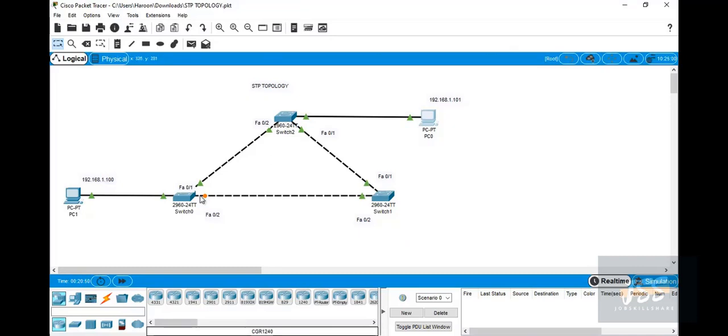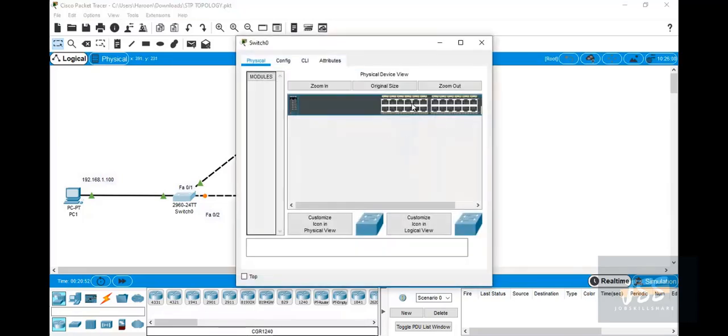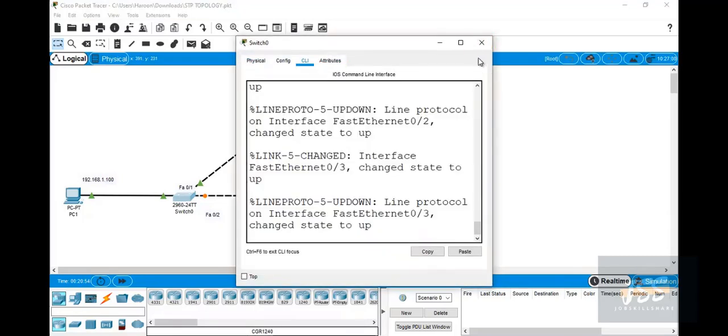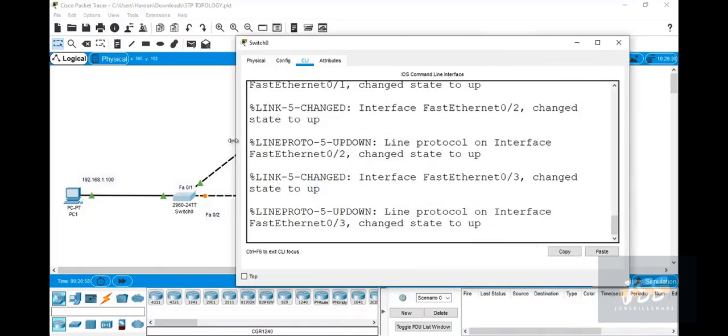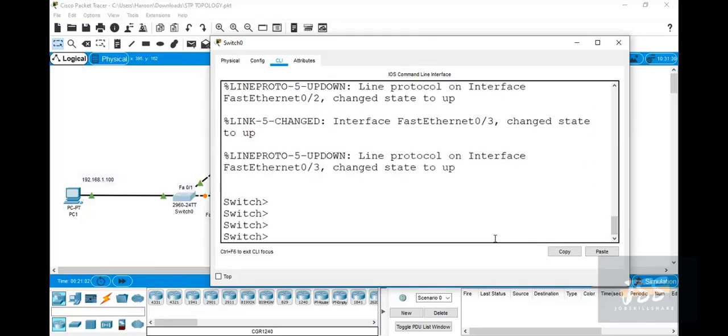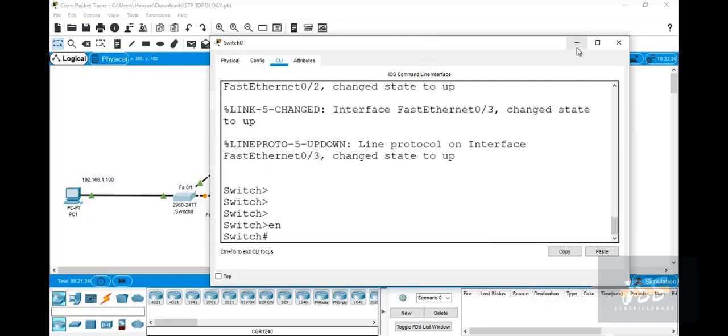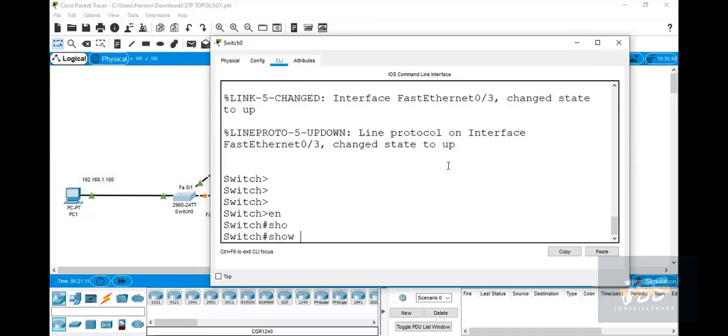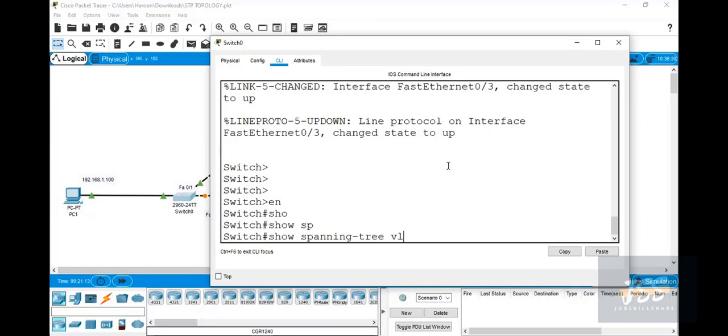You can start off with switch 0, taking the CLI of switch 0, and you will see the status of spanning tree on this switch. The command is simple. Moving on to privilege mode, we will see the spanning tree with the command show spanning-tree vlan 1.